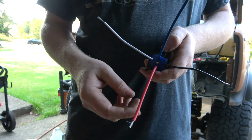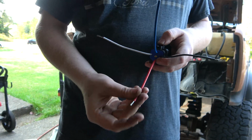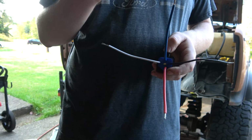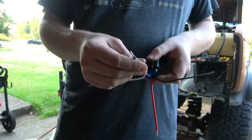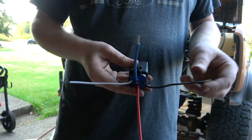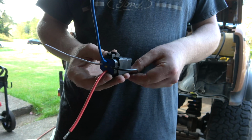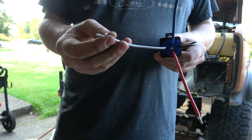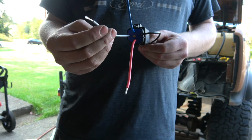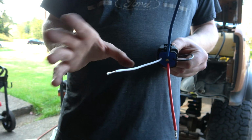So what we'll do is we'll have this wire get soldered into that yellow wire I was just showing you. This is going to go to our output to our injection pump. This is going to be our ground, which we're just going to do like that. It'll have a body ground, and then this is going to come from our ignition source, which is that white and blue dotted